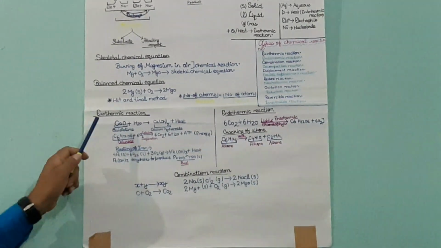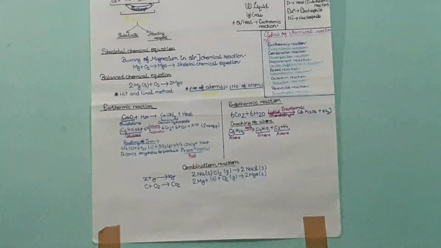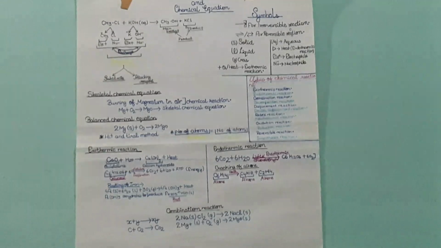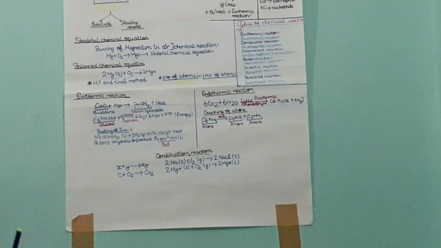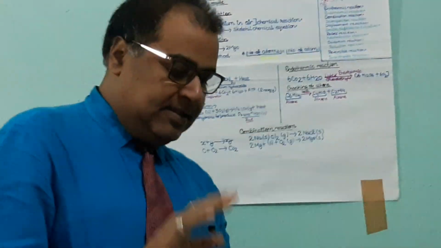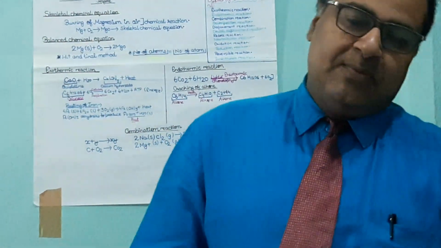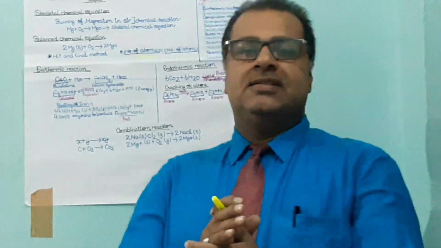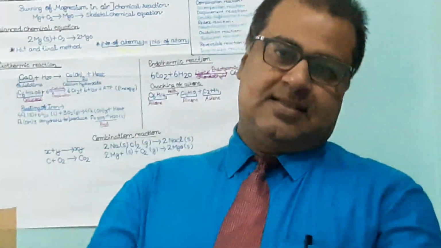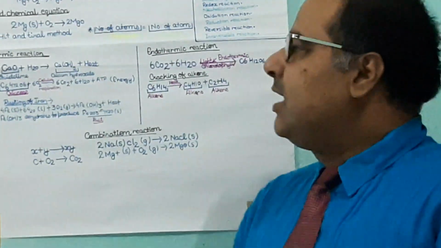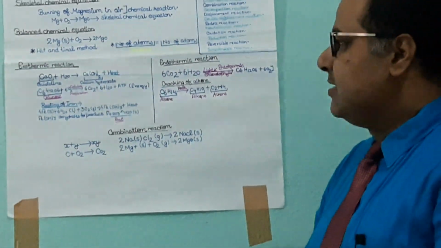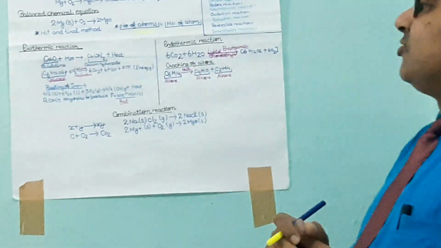That is exothermic reactions. Exo means release of heat or energy from reactions, after reactions. That is number one. Many reactions come under this type. In this type of reaction, heat or energy is released after a chemical reaction, and that reaction is known as an exothermic reaction. Many examples of exothermic reactions, that is